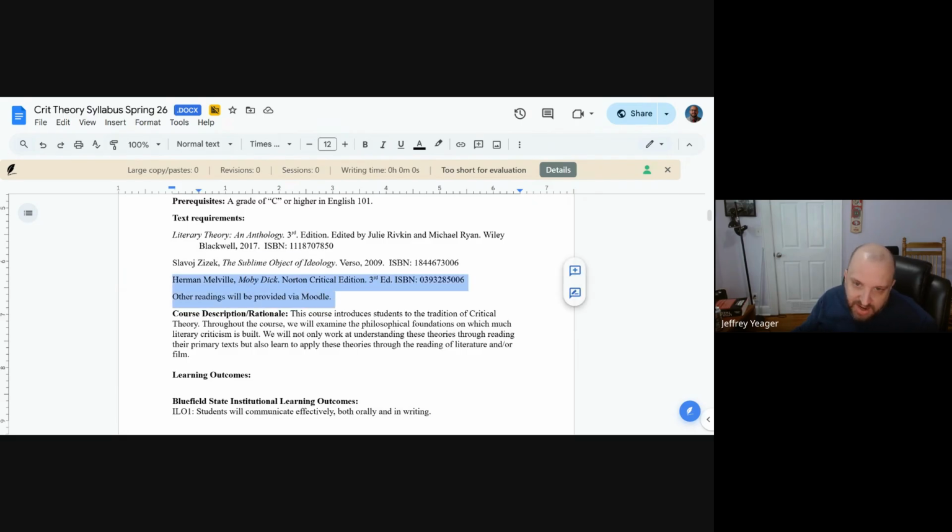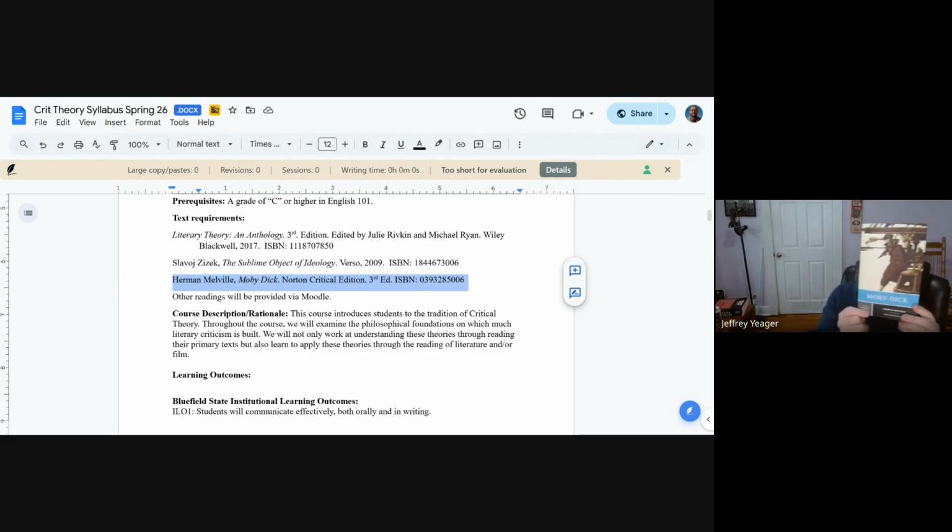My methodology in the class is, at the very end of the class, I want to examine a piece of literature and look at it from all these different critical theories that we have engaged with. I have never taught Herman Melville's Moby Dick before, and I wanted to take a stab at teaching it. So we will read Herman Melville's Moby Dick.